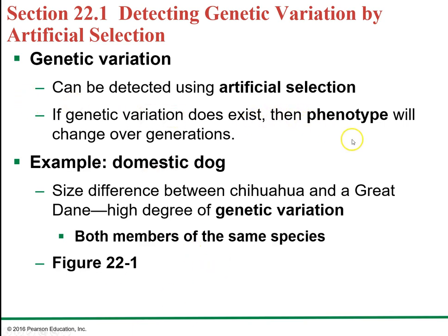It says if genetic variation does exist, then a phenotype will change over generations, right? So you'll see the phenotype change because of altered alleles, or recessive alleles, and if you're talking about the whole organism in general, there's going to be multiple different recessive alleles or other alleles amongst all the genes, okay? That's going to lead to variation, right? So if you just look, for example, at the size difference between a Chihuahua and a Great Dane, you can see how